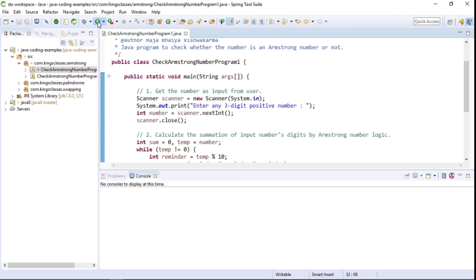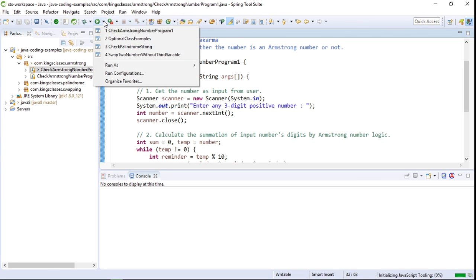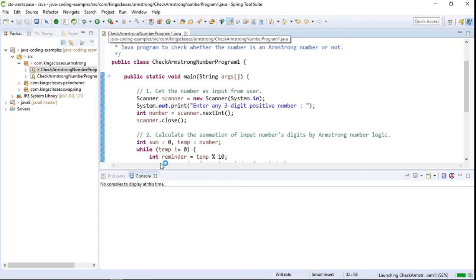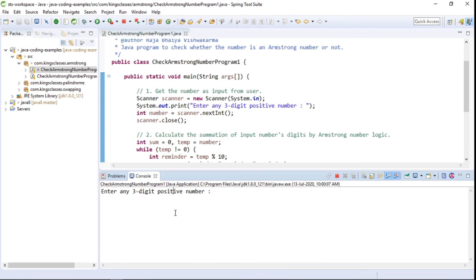So let's execute. As you can see, we got the message saying enter any 3-digit positive number. First we will check 153. As you can see, the output we are getting is 153 is an Armstrong number. Let's run one more time.